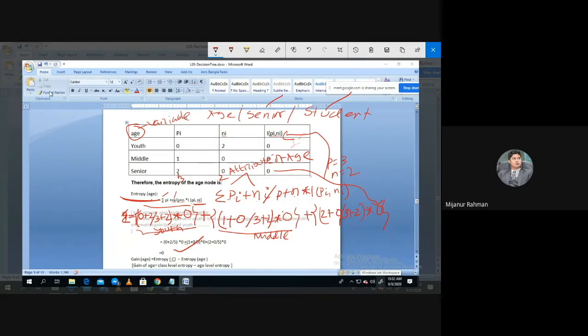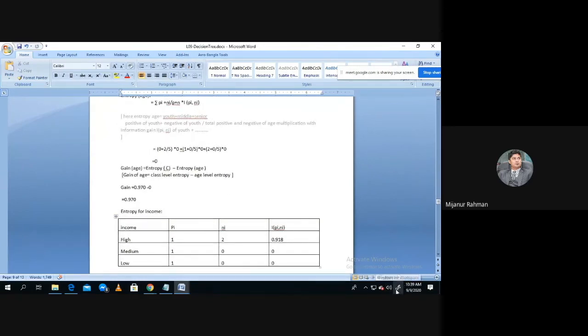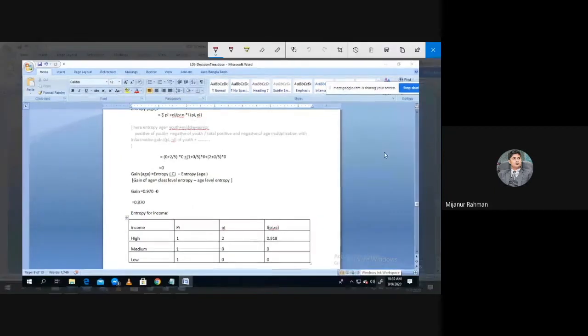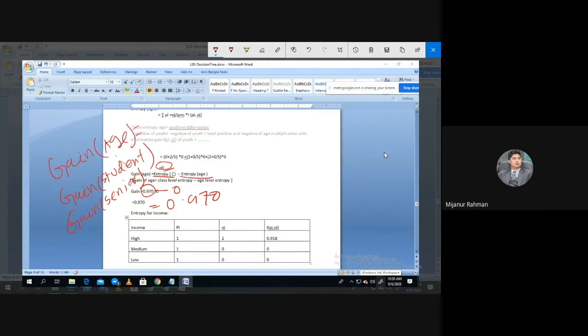ওকে, সো এখন আমাদের যেটা কাজ, এই যে আমরা গেইন বের করব। তো এই গেইন বের করার ফর্মুলা কি? ফর্মুলা হচ্ছে এন্ট্রপি সি মাইনাস এন্ট্রপি এইচ। এন্ট্রপি সি হচ্ছে ওভারঅল যে এন্ট্রপিটা ছিল সেটা ছিল 0.970, তোমরা দেখেছো অলরেডি। মাইনাস এইচ এর এন্ট্রপি কত বেরোলো? 0। সো মাইনাস 0। তাহলে এইচ এর গেইন পেলাম আমরা 0.970। দিস ইজ গেইন ফর এইচ। সিমিলারলি তুমি গেইন বের করবা স্টুডেন্টের, গেইন বের করবা সিনিয়রের।